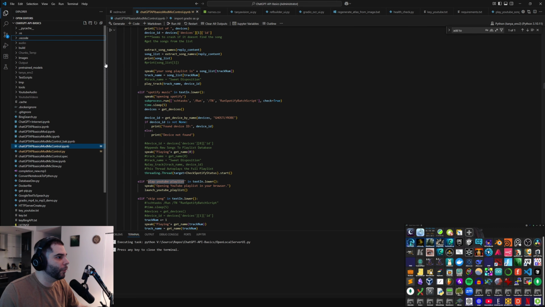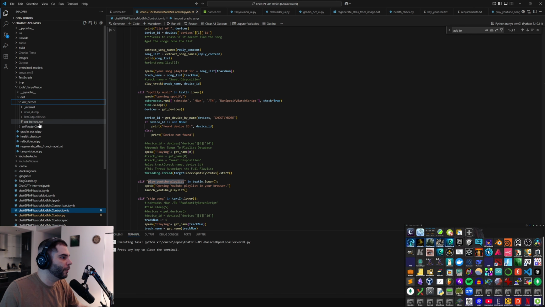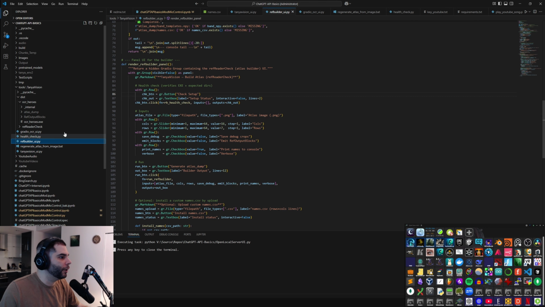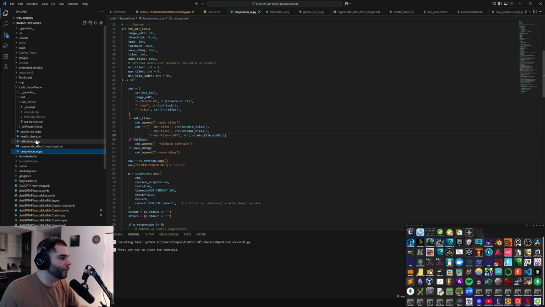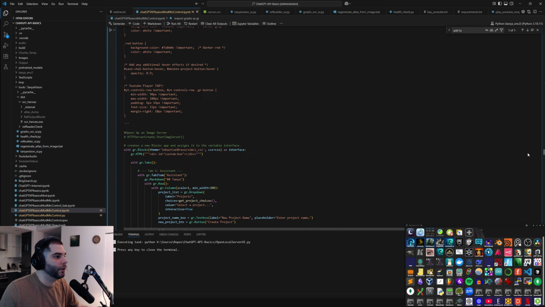I didn't want multiple environments in this project, rather keep them in the other one. I created a folder where I drop in those exes, and then these are just other Gradio UI tools and scripts that will be used in the main